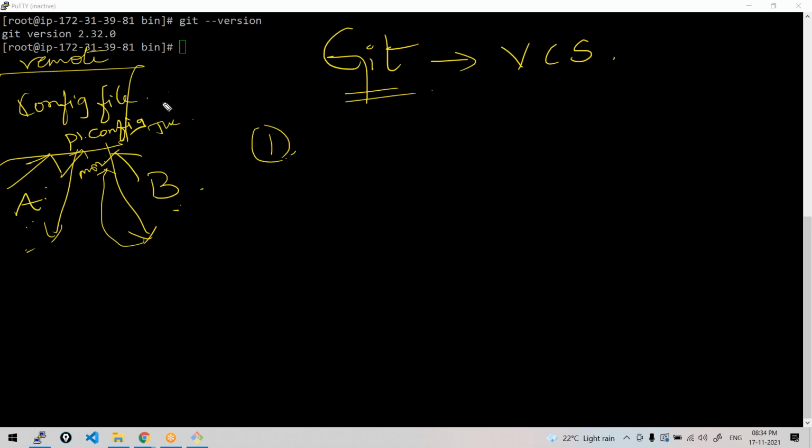Here I'm talking about a scenario where they were not using any version control system. So on Tuesday, after B has updated his changes, p1.config will have which person's changes?